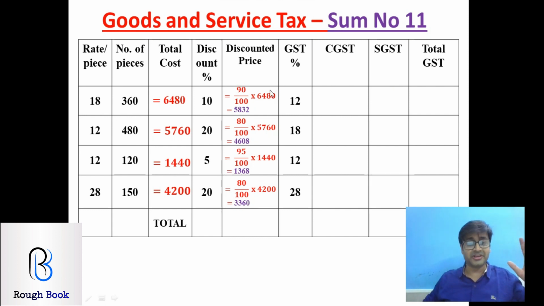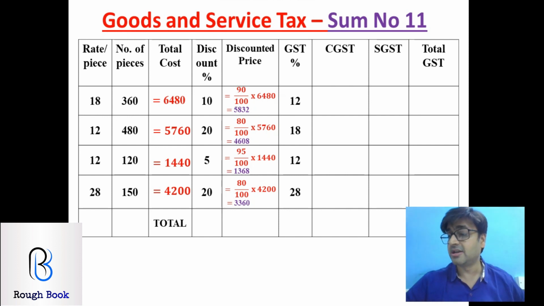Such types don't come in the exam, but yeah, such types can be broken into parts and come in the exam. So we are giving you a bigger sum. Your brain should be trained for the worst and you can expect the best then to happen. So let's try calculating 6% of 5832.